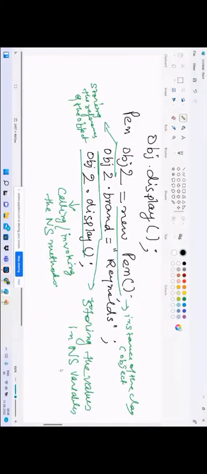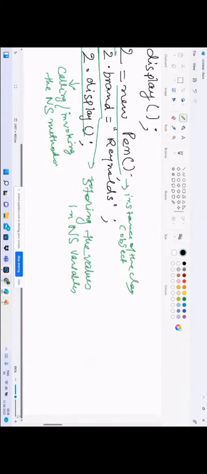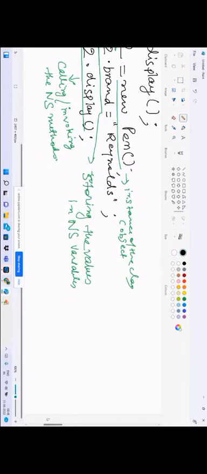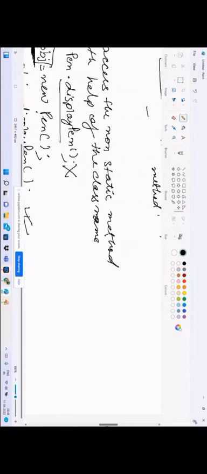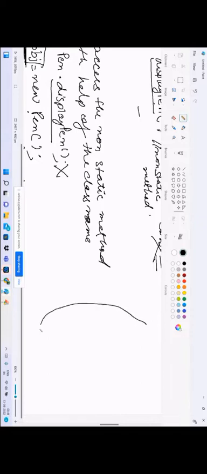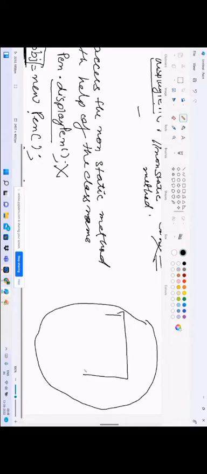Look here. A block of memory is created. In the heap memory, a block of memory, in the heap area, will be created. It will be given one address, and first of all, the pen constructor will load all